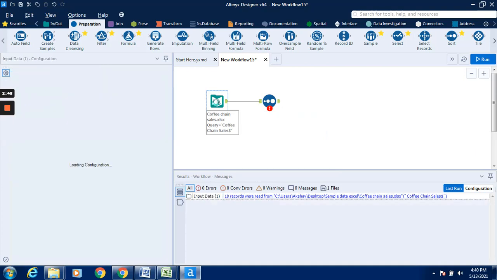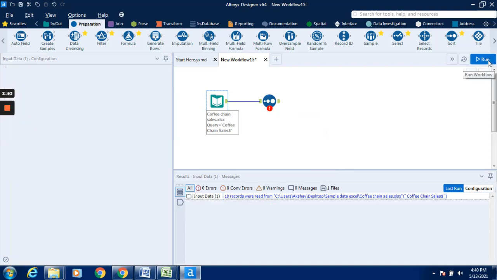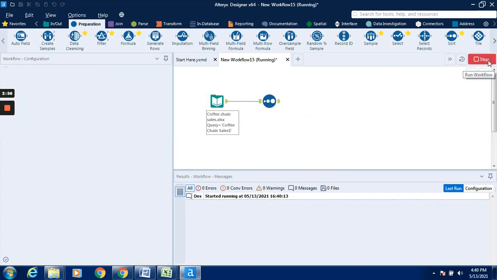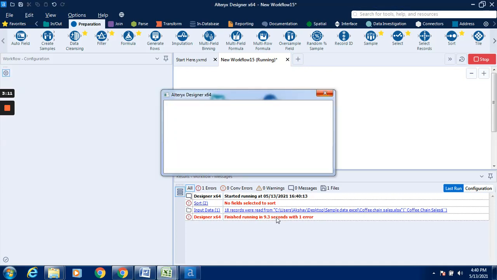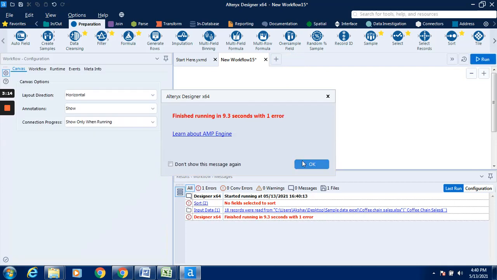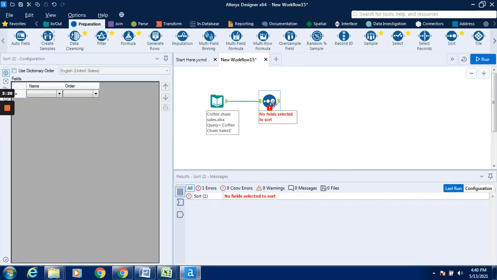We have to click on the copy chain sales over here and click on run, so that the data appears in the results window downward. It is going to say that we have not selected any type of field. It is giving the error. So we will go to this particular configuration field. This happens whenever you are not selecting any type of